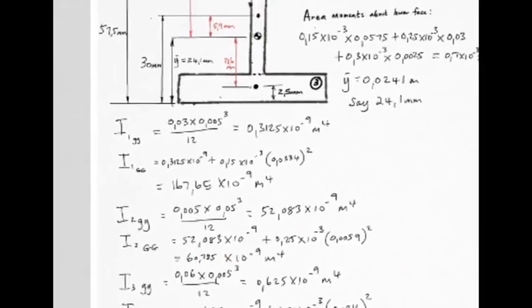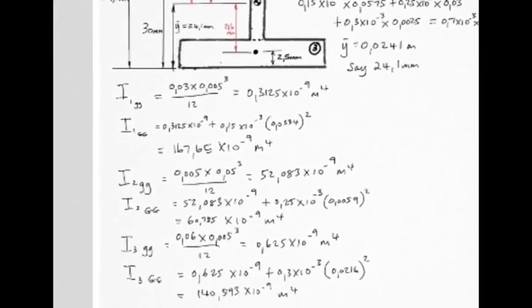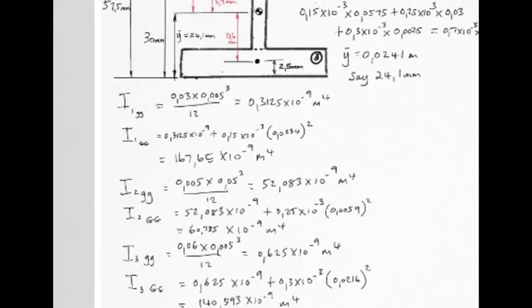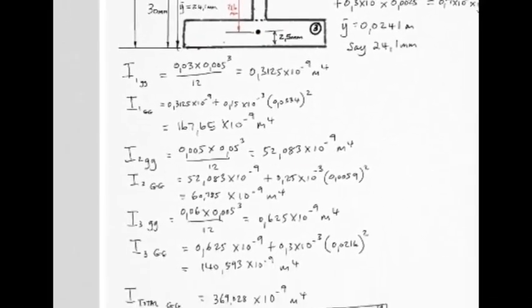1 to go. Number 3, I about its own centroid axis, BD cubed over 12, no problem there. And then parallel axis theorem, original I plus area times distance between axes squared. Let's have a look where the 0.0216 comes from. Well, that's the distance from this axis to the desired axis, which is 21.6 millimeters you can work out. And finally, you can add the three values together. This one plus this one plus this one is going to give you 369 times 10 to the minus 9